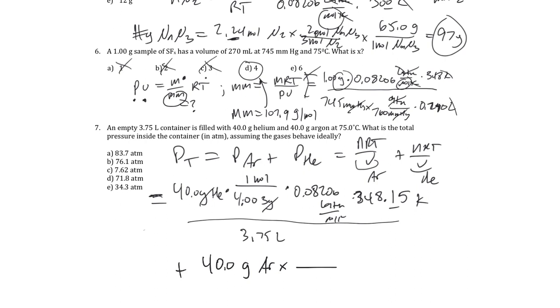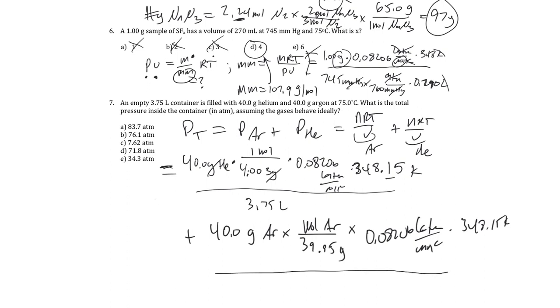The molar mass of argon, I think it's 39.95. I don't have a periodic table nearby. Let's just go 39.95. It's either that or 40 point something, but I think it's 39.95 grams per mole of argon. And then times the same R, liter ATM per mole Kelvin, 348.15 Kelvin, and then divide by 3.75 liters. So we could have done some rearranging to simplify the math, but I think this is easy enough. So we do 40 divided by 4.003 times the gas constant times 348.15 and divide by 3.75. So for just the helium,